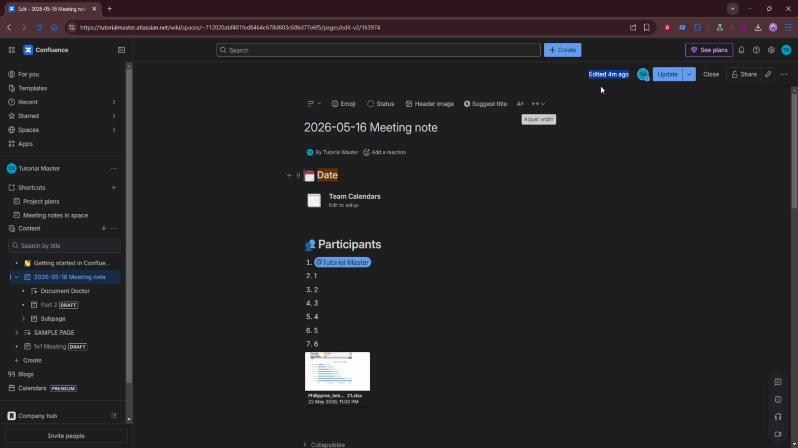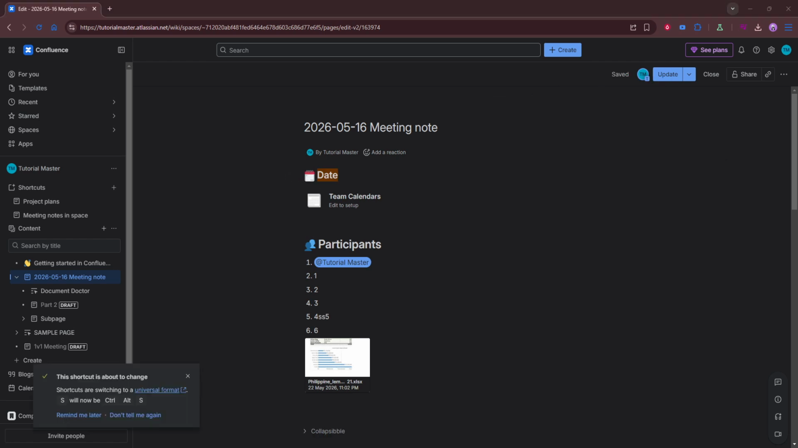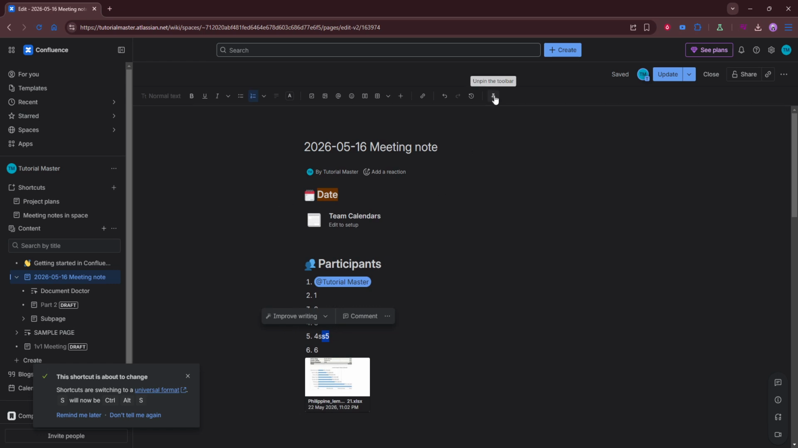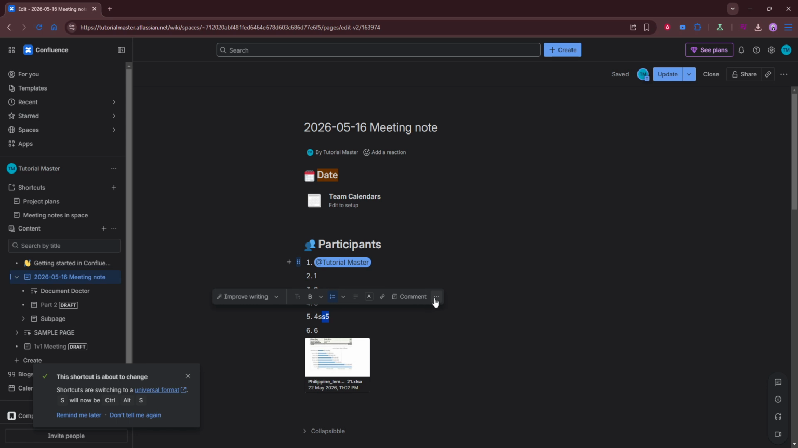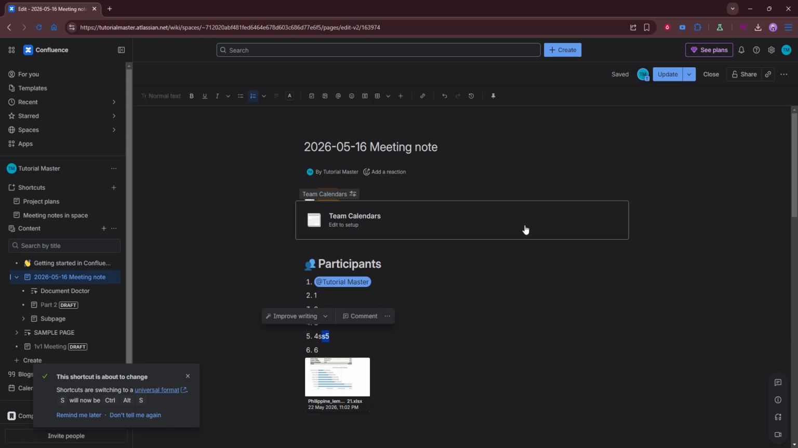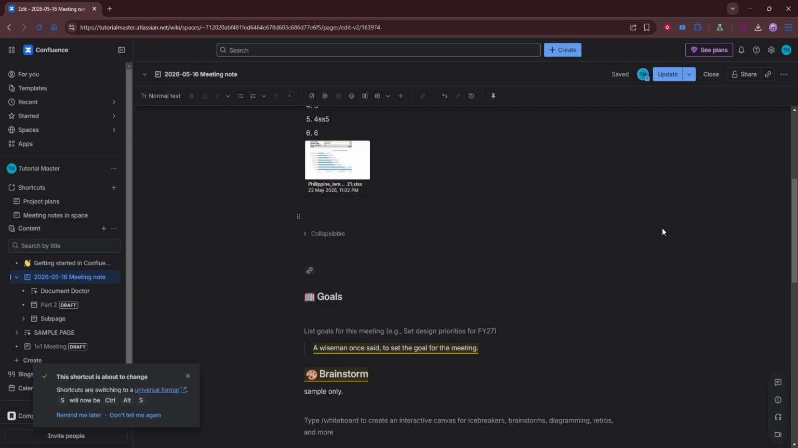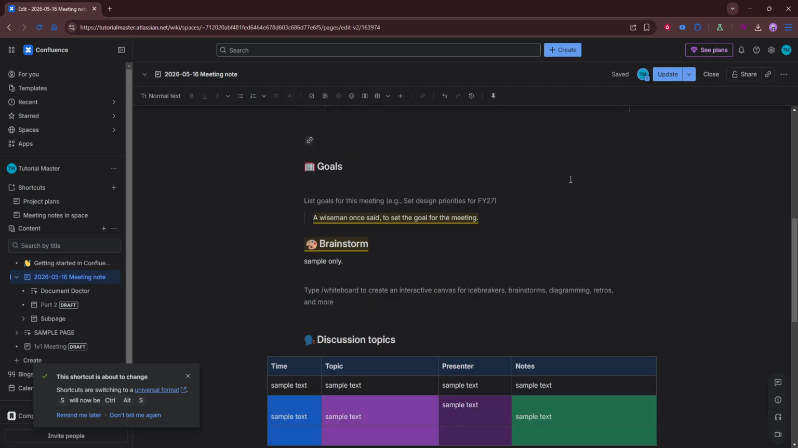Likewise, if you prefer more screen space while you work, maybe you're concentrating on layout or focusing on long form text, you can unpin the toolbar. Click the same pin control again to allow the toolbar to auto hide or move with your scroll. This gives you a cleaner, more expansive canvas, which can be handy on smaller screens or when you want to